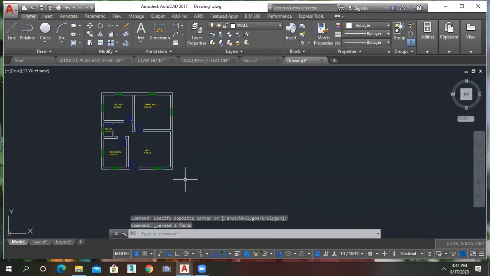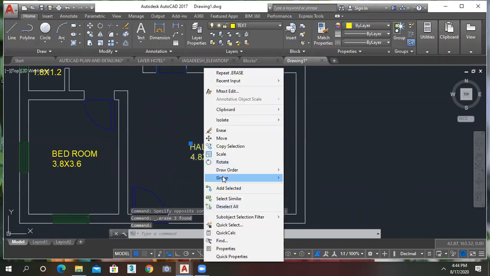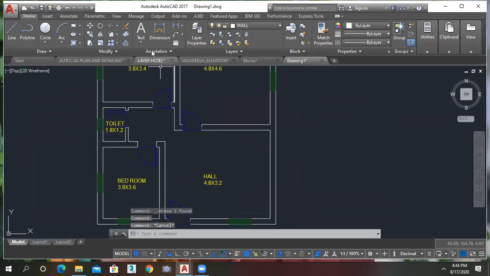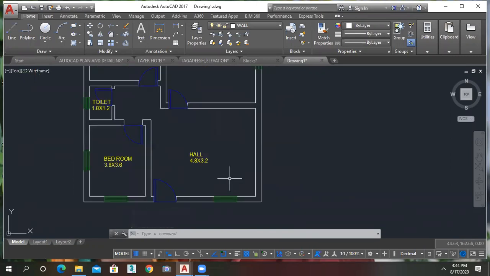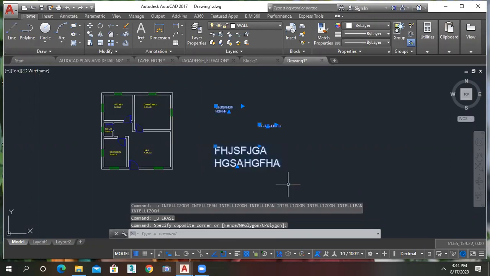Okay, if you want to change the height single-wise, then you have to click and go to the properties and you can change it. If you want to apply the same height for all the text portions, then you can go to the manage. Okay, we'll just undo with Control Z. Sorry, delete.